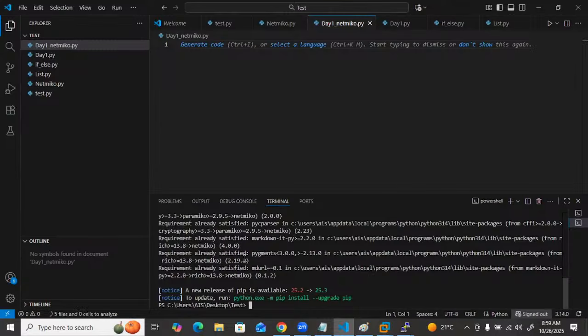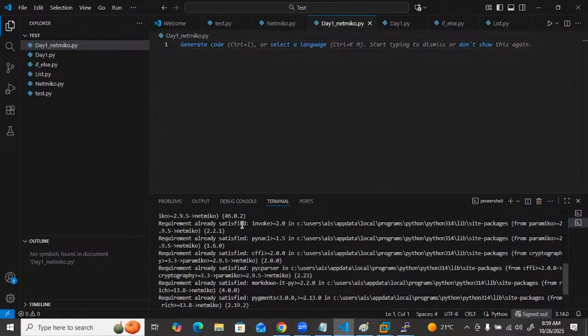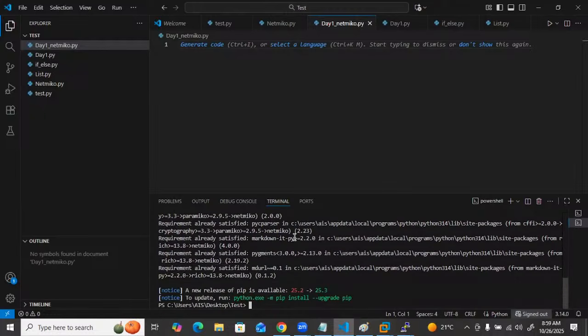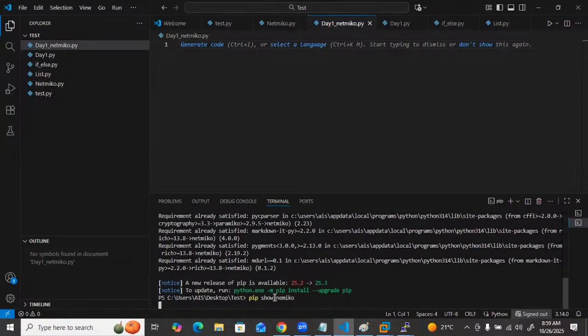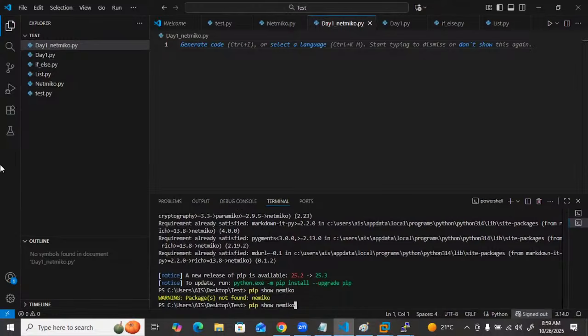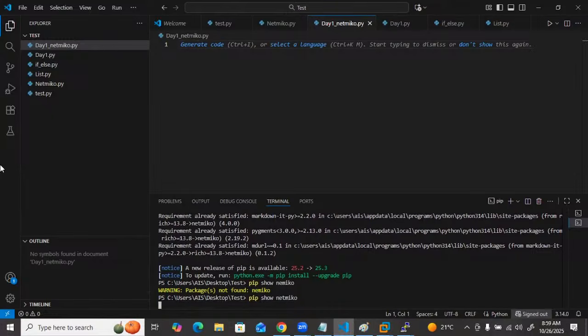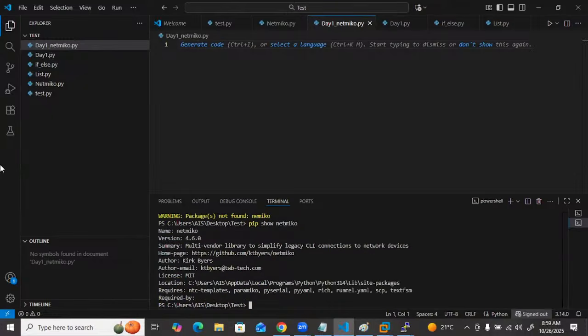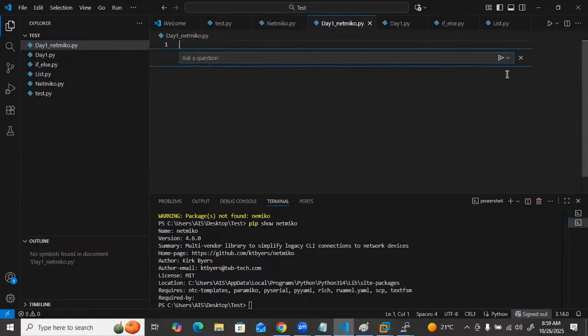What I am getting is the message already satisfied. That means it is already installed there, right? And I believe there is a command pip show netmiko also. Oh, sorry, it's a spelling mistake. So it's already installed there, it's showing the option, right? So before going to execute, first you need to check the pip is installed or not. Now I'm just going to import